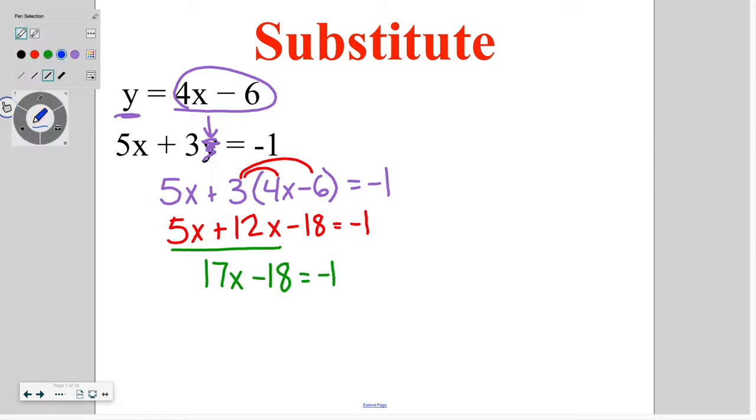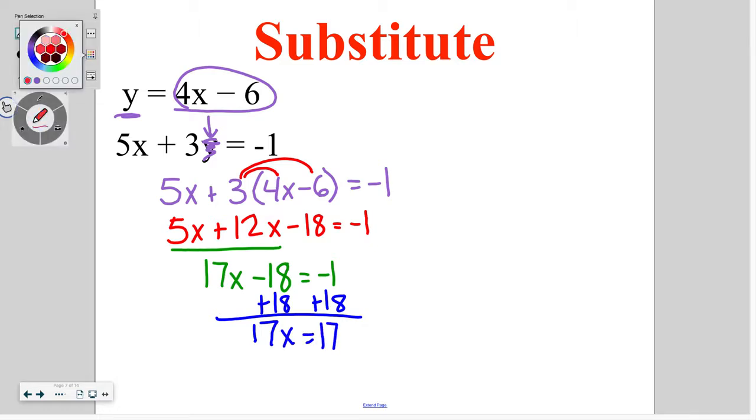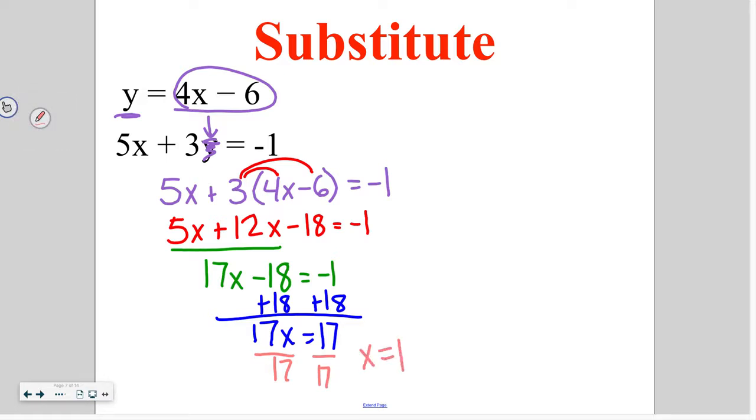I'm going to go ahead and add 18 to both sides, which gives me 17x is equal to 17. And when I divide both sides by 17, I end up with an answer of x is equal to 1. So now we know what x is equal to, but we still don't know what y is equal to. So we're going to take this x answer, and this is where we have to do that final step of